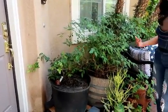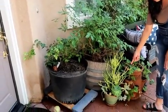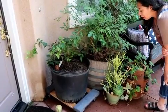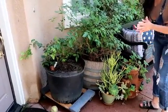I also collect succulents. As you guys can see here, I have a fire stick and some other little succulents that I stuck in here. I'm going to be doing some videos on succulents because I want to